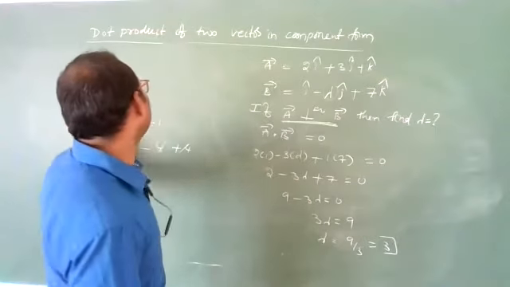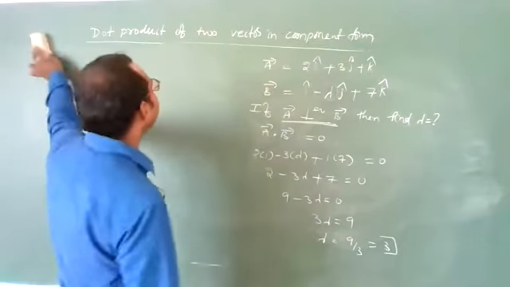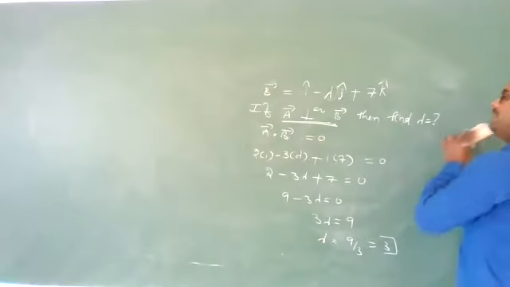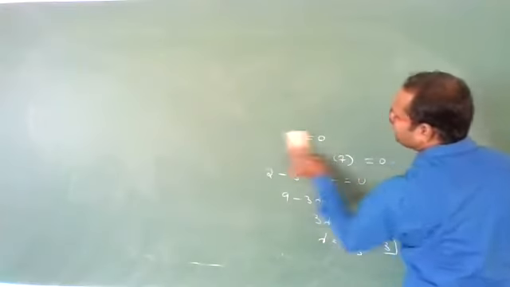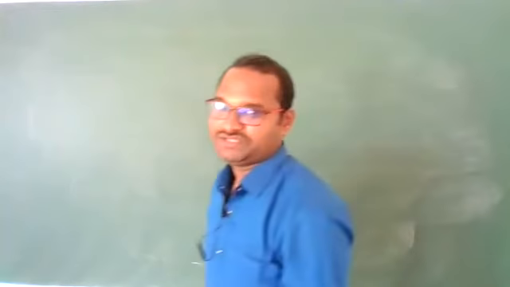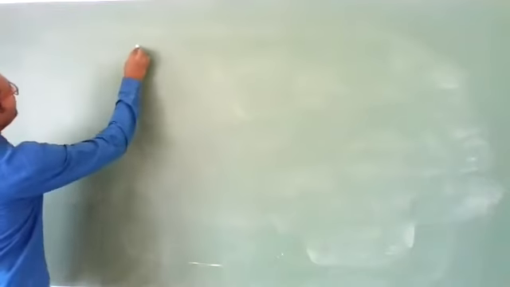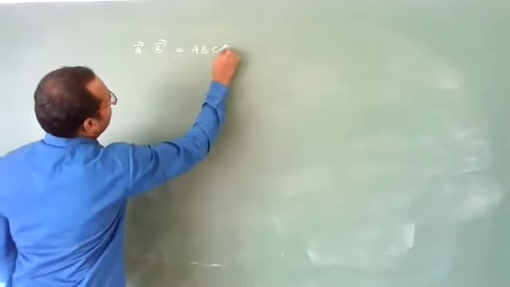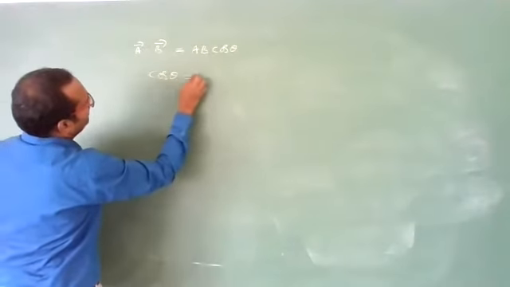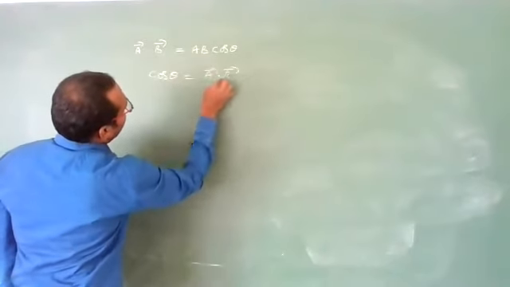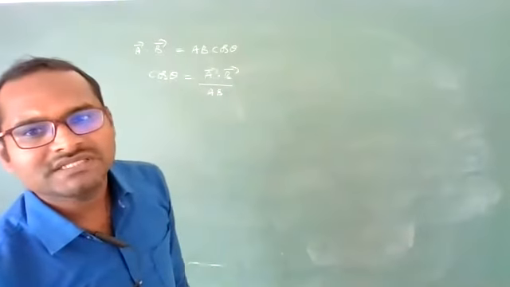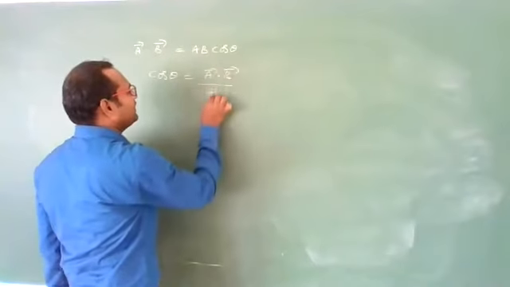Students, the dot product we can use to find whether two vectors are parallel or perpendicular. And the second use is that we can use the dot product to find the angle between two vectors. That is very important. You know a bar dot b bar is nothing but ab cos theta. Then what will be cos theta? Cos theta will be a bar dot b bar by ab. AB means A into B, here AB is nothing but modulus of A and modulus of B.